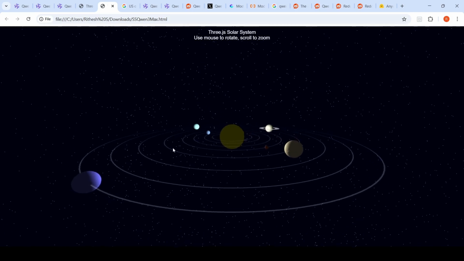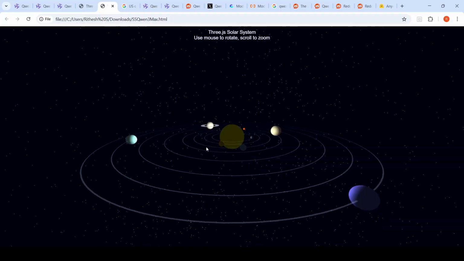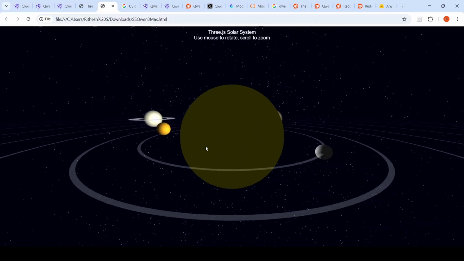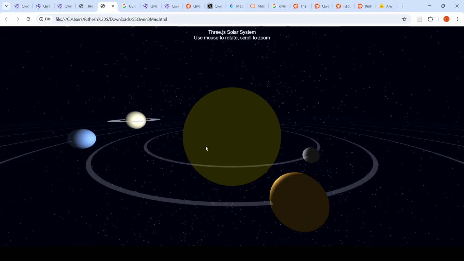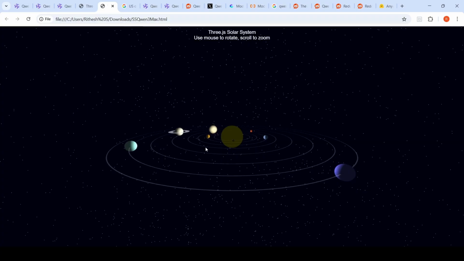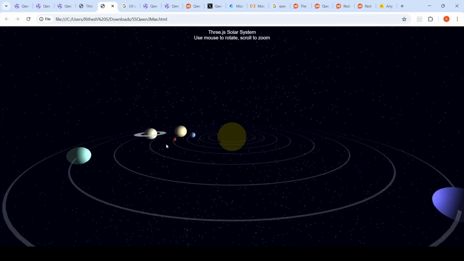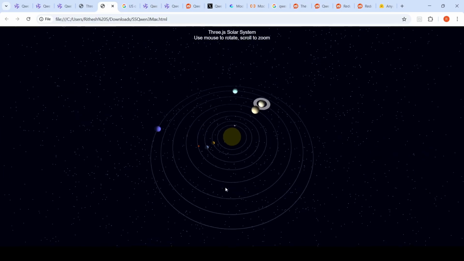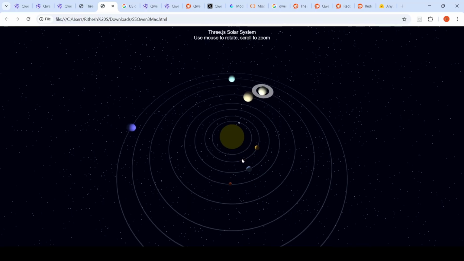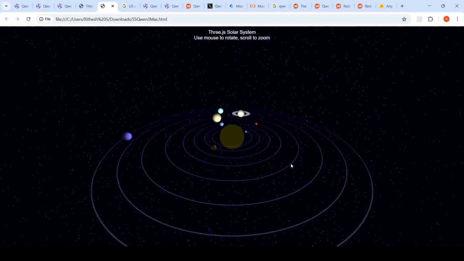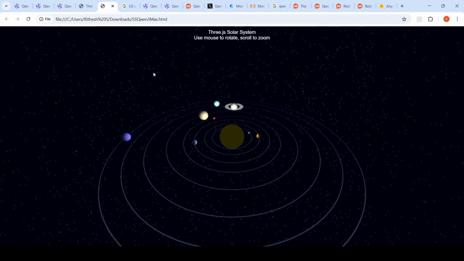You can rotate it and get this view. You can scroll to zoom, so you can zoom in. All these functionalities work nicely over here. Maybe the planet colors could be more realistic and the sun may be more realistic, but I like this visualization of the solar system. It's Saturn's ring. So this visualization is really nicely done by this particular model. This was another use case which I tried with